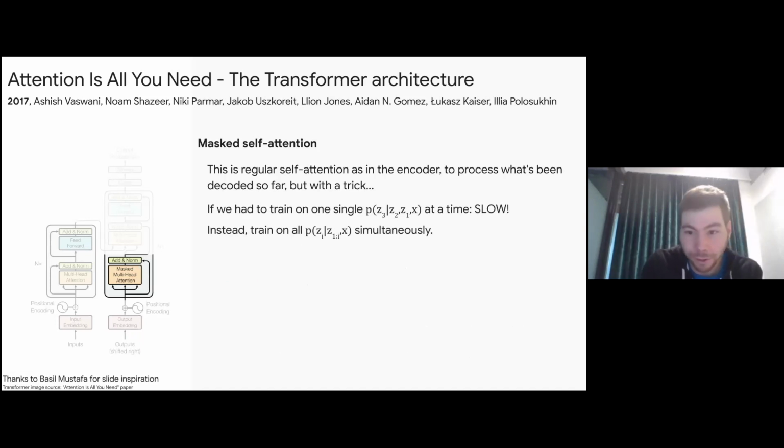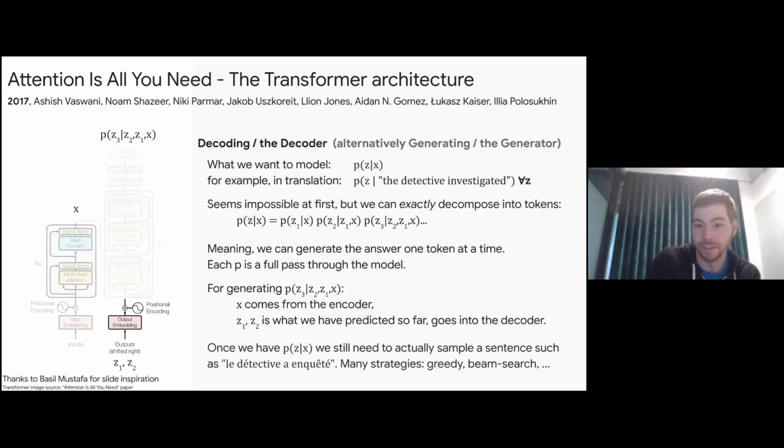I'm getting a bit short of time, so I'm going to give the high level of the trick. What I just described, this generation, is extremely slow, right? And if during training, for each training example, you need to do all of these forward passes, depending on how long the training example is, this is crazy and you'll never be able to train this.